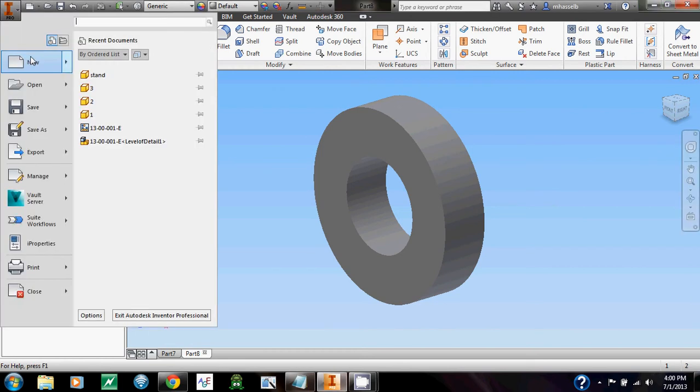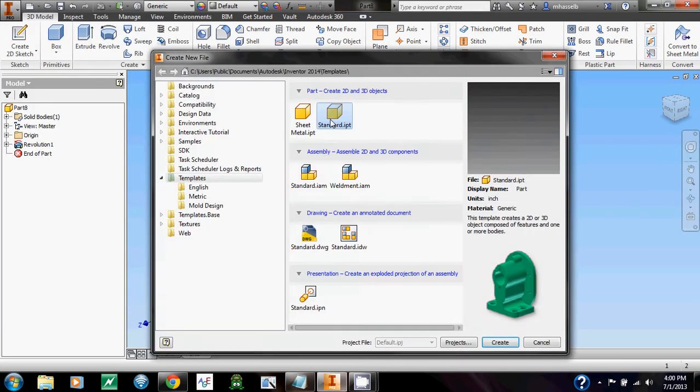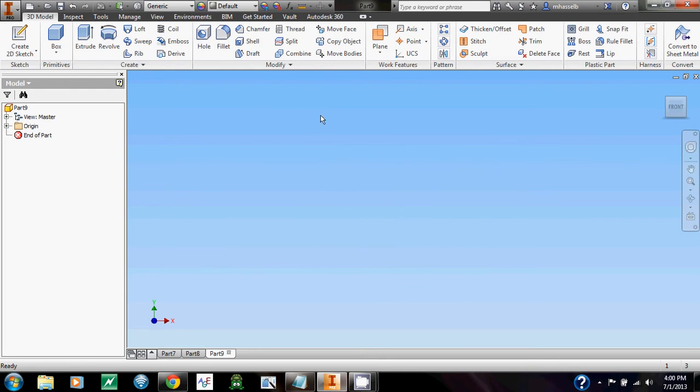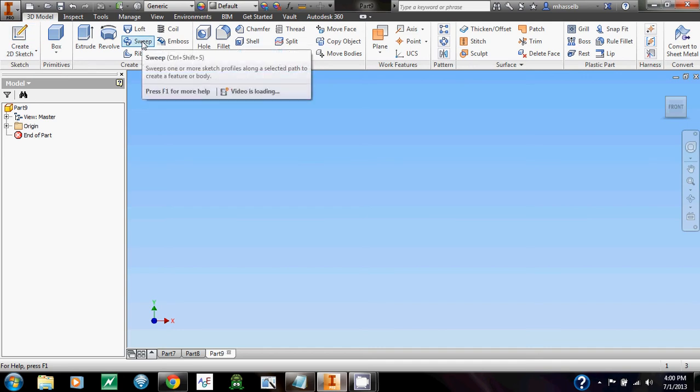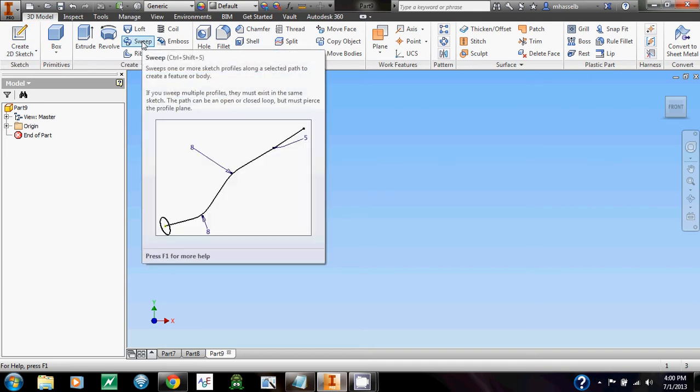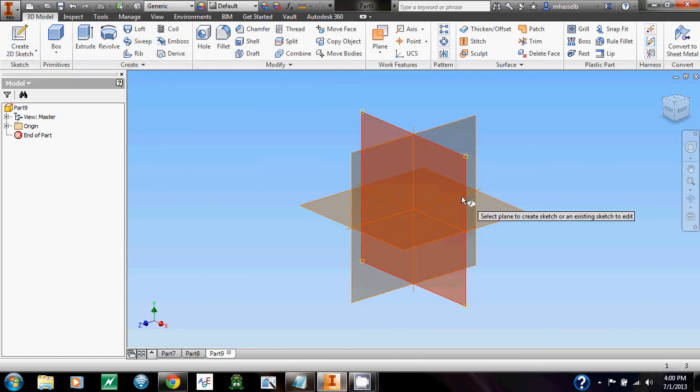So let's make one more part. It's going to be a simple square part, but I have a very different way of doing it using the sweep command. What sweep is basically it takes 2 sketches and uses one as the profile and one as the path. So if I were to make a square on this plane,